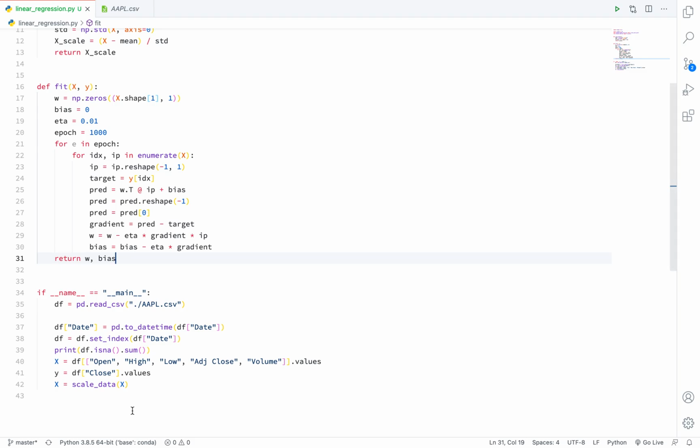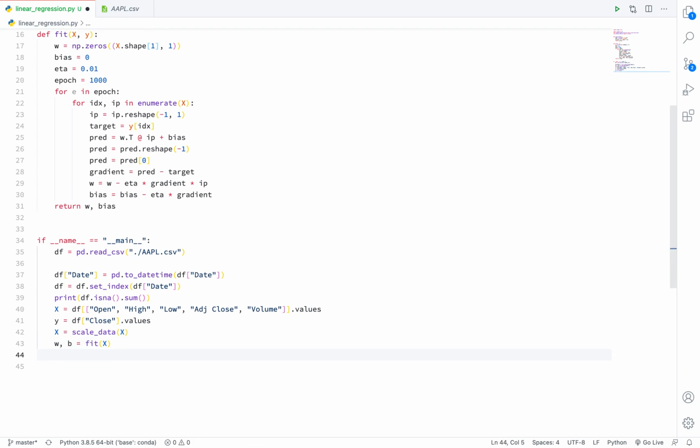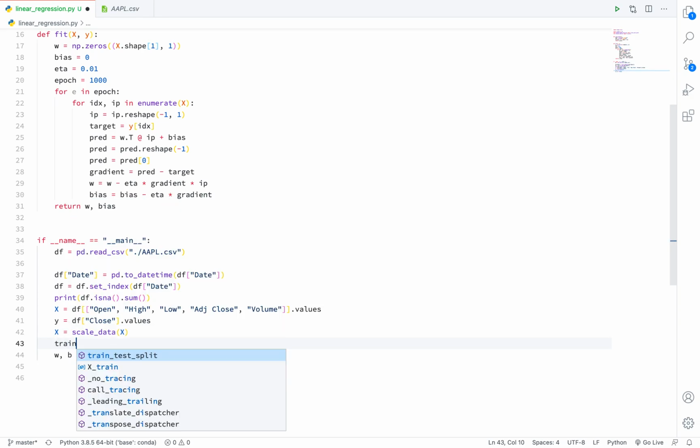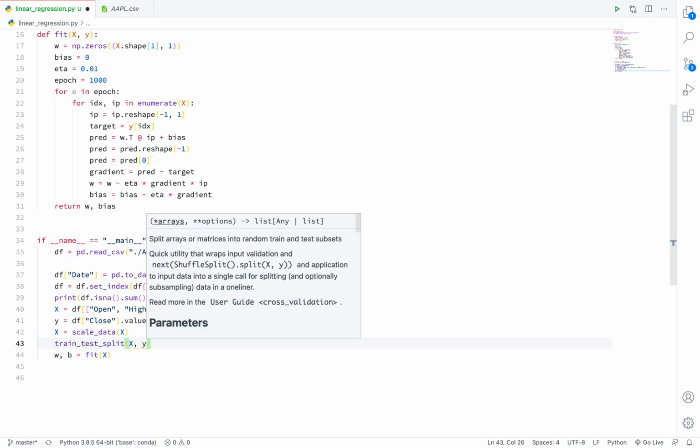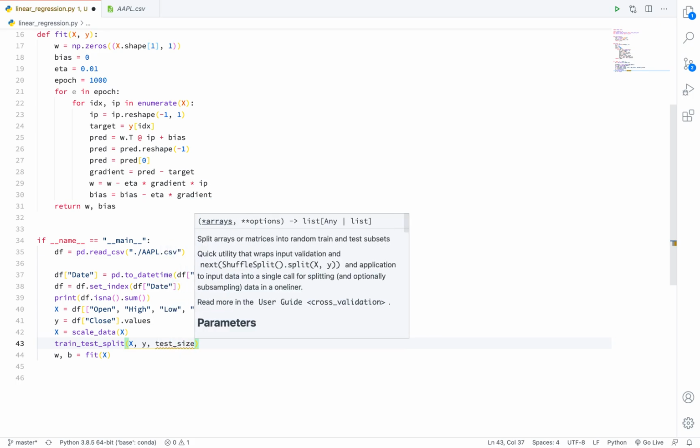So let's call this fit method. This will return weight comma bias. Okay, now we got the optimal weight as well as the optimal bias. It is not good to pass the entire data to the fit function. So before that, we apply train test split here. Train test split x comma y, and test size is 0.2.